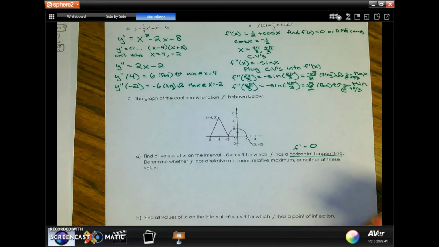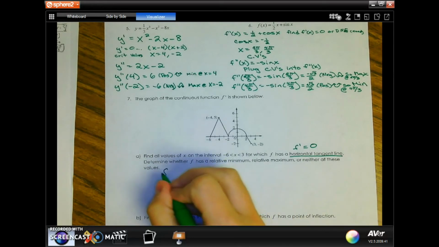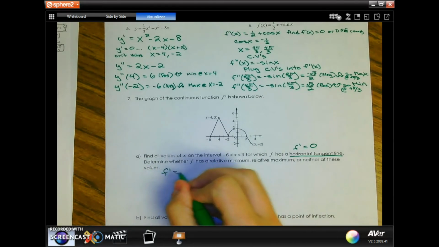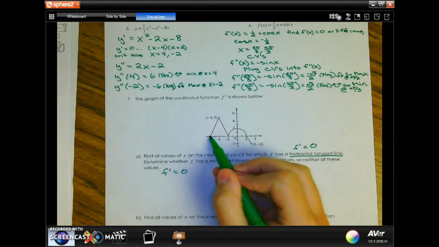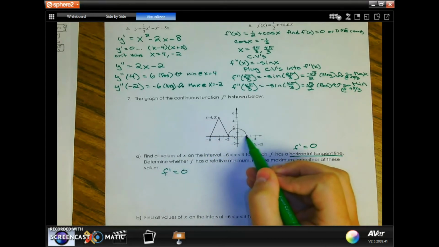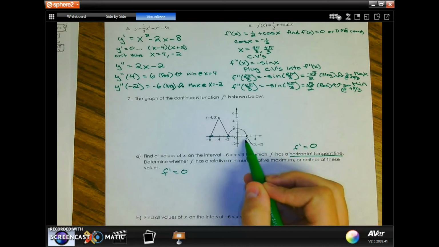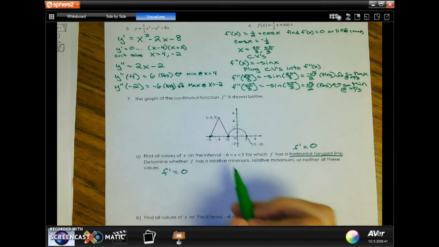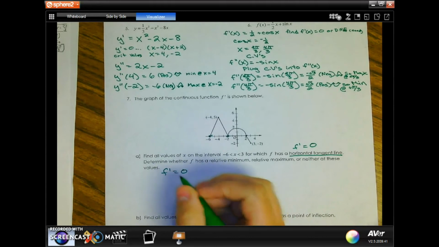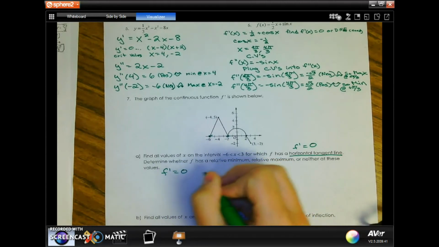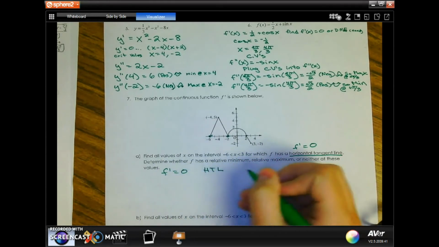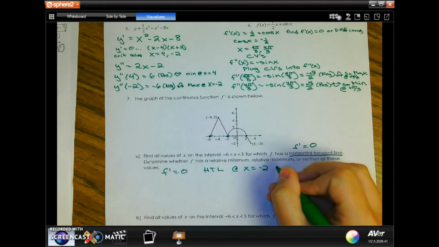Well, looking at the graph, where does that occur? Here the derivative equals 0 right here, here, and here, right? And so which of those are we going to use? We're going to use -2 and 2. Why aren't we using -6? Because it's not included. So I would say that there is a horizontal tangent line at x equals -2 and